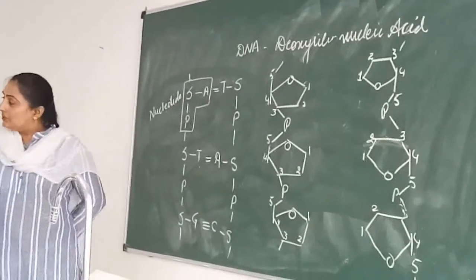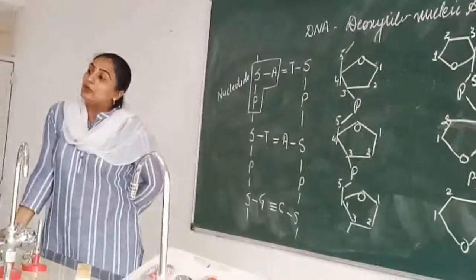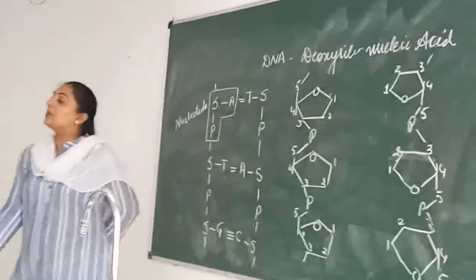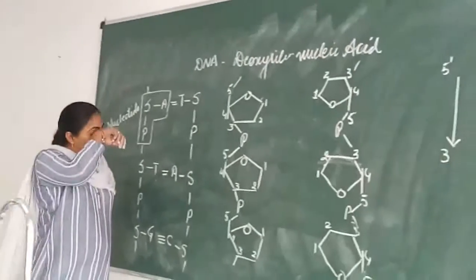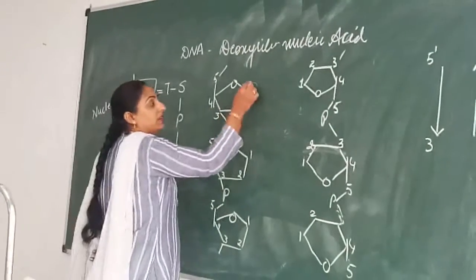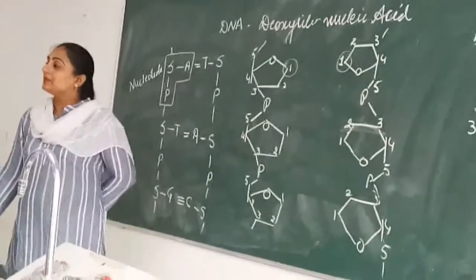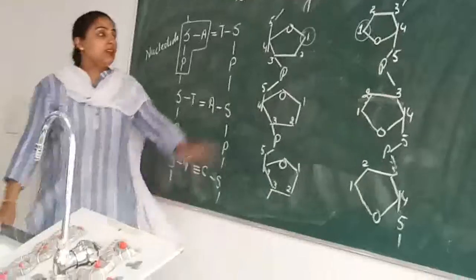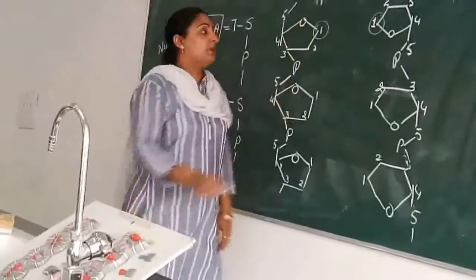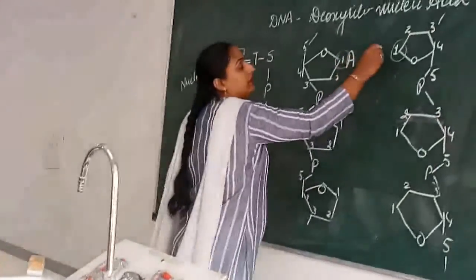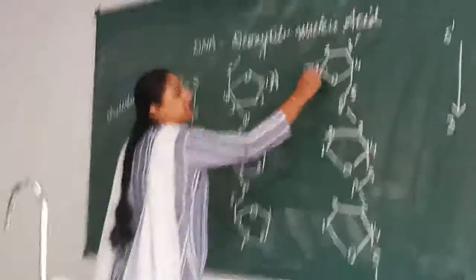and the bond between two nitrogenous bases, that is purines and pyrimidines, is hydrogen bond. Two hydrogen bonds between A and T, three hydrogen bonds between G and C. Now how are they arranged? They are arranged with the first carbon of both the sugars. First carbon of the sugars, they are lying inside. So supposing here it was A, here it is T, T here is attached with the first carbon